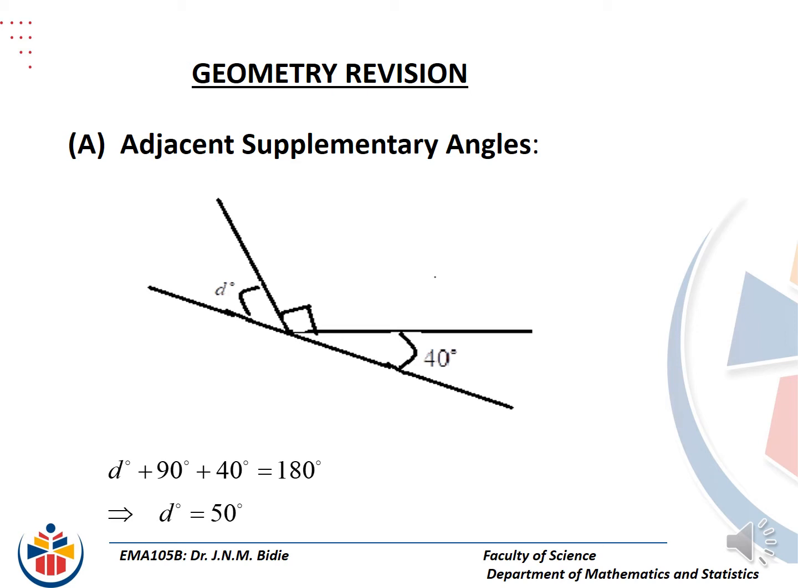Doing revision of geometry. Firstly, we start with adjacent supplementary angles. From the diagram given to us, we're supposed to identify D,